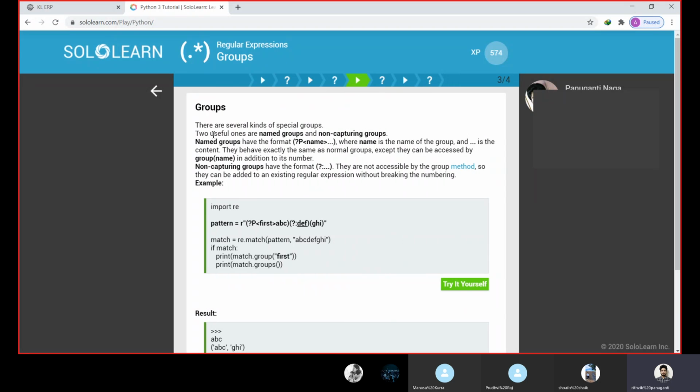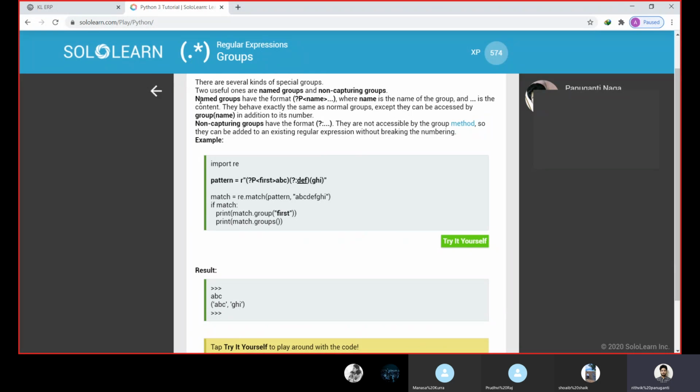Coming to groups, the 2 useful ones are named groups and non-capturing groups. Let us see the uses of the named group syntax. The named group syntax is a parenthesis, inside it a question mark, P, less than sign, and the name, then greater than to close it, and then we write something.